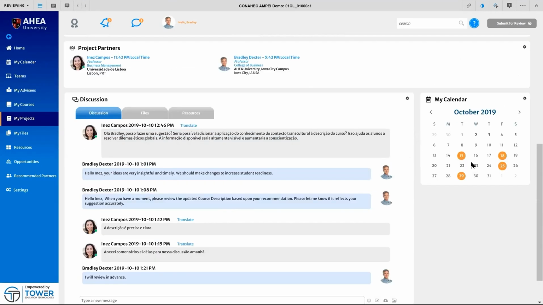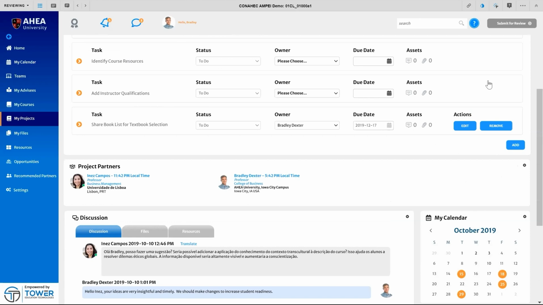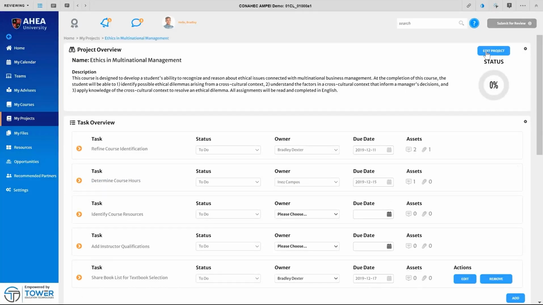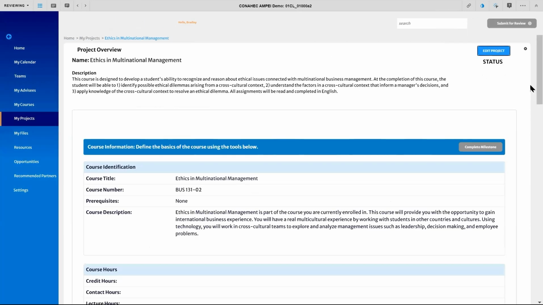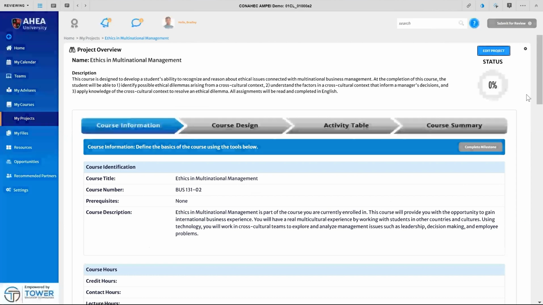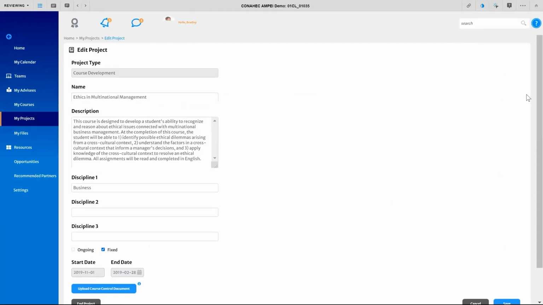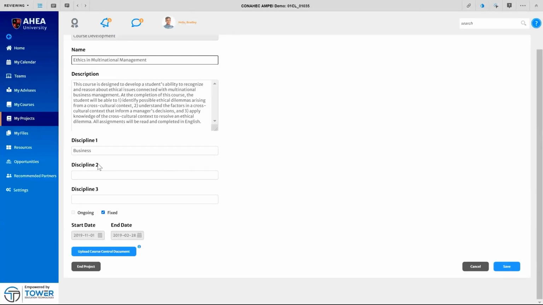Again, this view is just a summary, but if we go in, we can see the individual milestones. Click on the project, and I'm brought into the first milestone, which is high-level course information. Before we start on that, I want to edit the project because potentially I want to change the name or the description or possibly add disciplines or change the start dates. I can do that here if I want to. When we go back to the milestones,